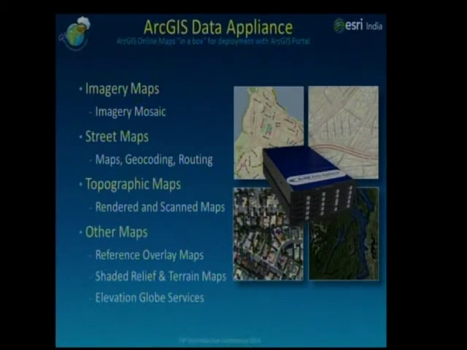And for the people who don't want to connect to the net at all, we can give the entire imagery, street maps, topographic, and other content which you are seeing through our online, bundled and given to you as one single hardware. We call it a data appliance. This ArcGIS data appliance contains everything that you are seeing as content on our ArcGIS platform. And you can consume the same services. At a subsequent time, as and when updates are released, you are informed. You can disconnect this data appliance from your server and get your updates done, possibly during any downtime period. So that's the kind of advantage you have, and you can make use of this.